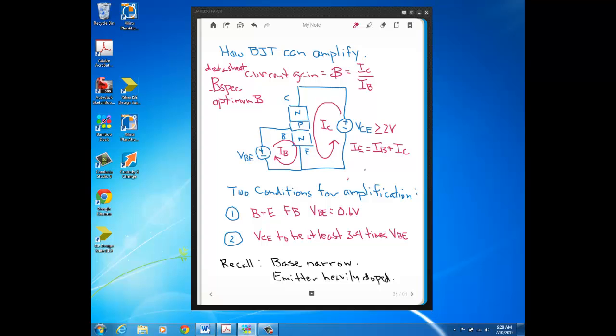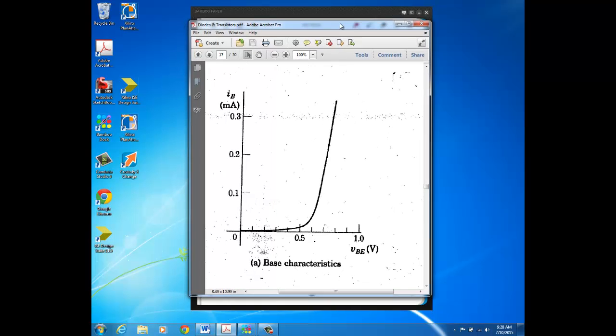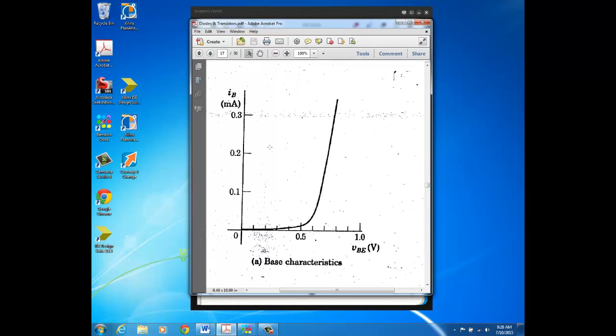Alright, the next thing to look at is the IV characteristics of a BJT. Just like you saw in your circuit theory and just like you saw in this class with diodes, all components in a circuit are defined by their current voltage relationship. A BJT actually has two IV relationships that define it, one at the base side and one at the collector side. Here's its IV characteristic at the base. You can see this is base current versus base to emitter voltage, and this curve should look familiar to you, because you can see here it's sort of like an exponential type of curve,